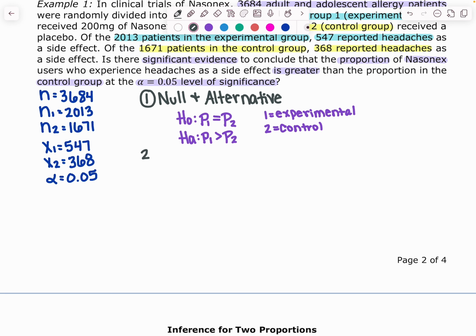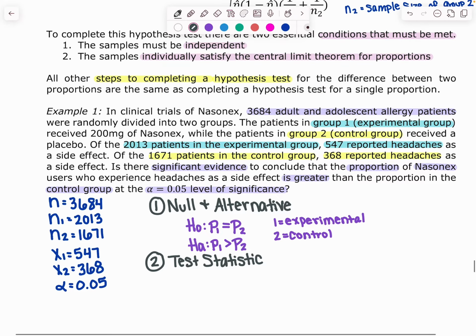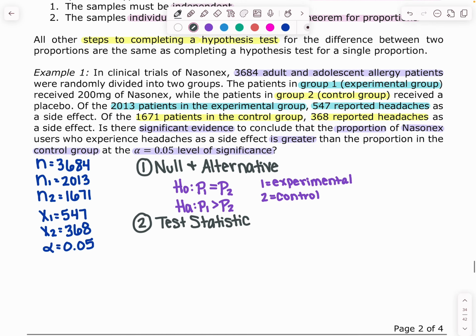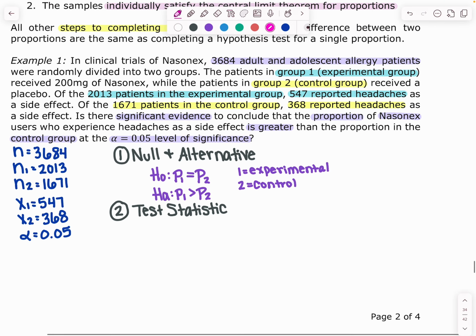Step 2 is our test statistic. Now I'll go ahead and show how I would fill all of this in, but I'm not actually going to do the calculation. But I'll go ahead and fill it in. So a few things that I need